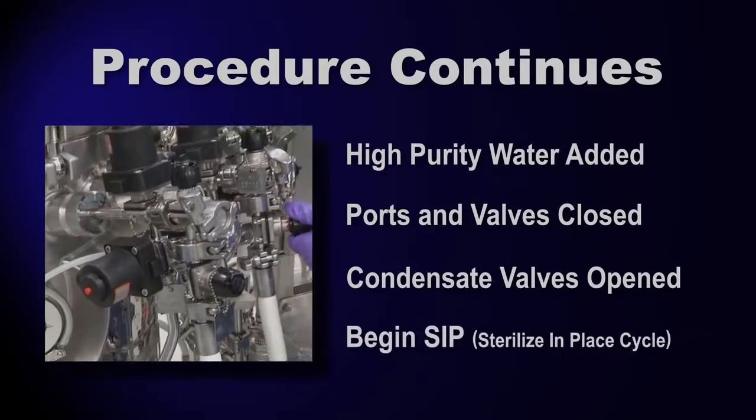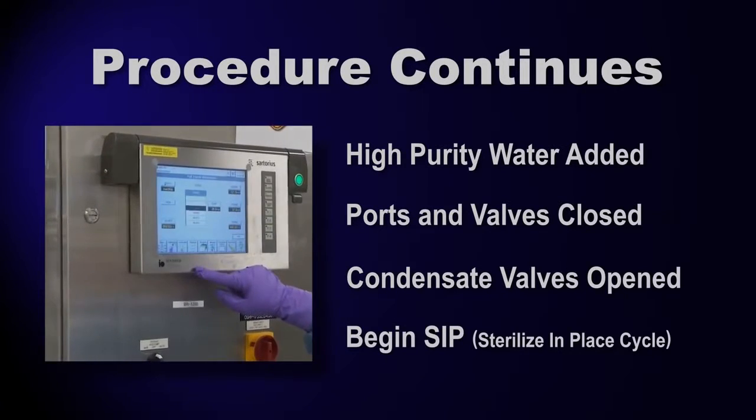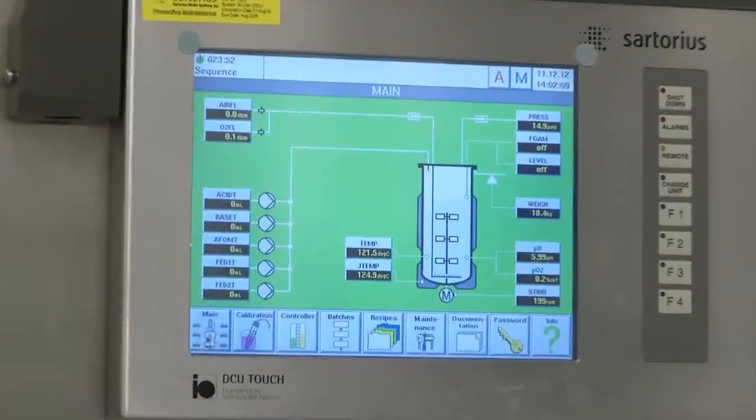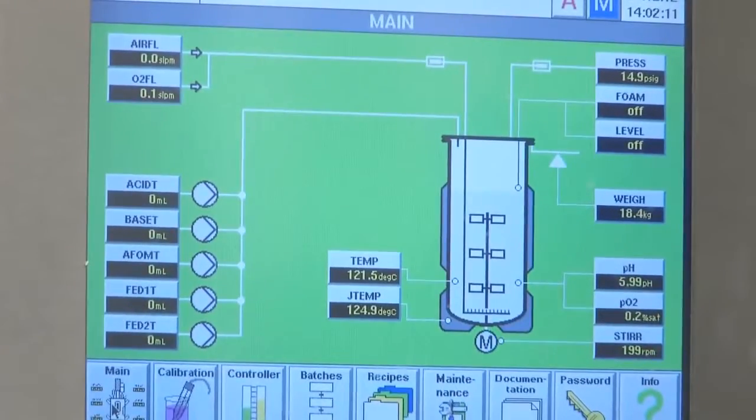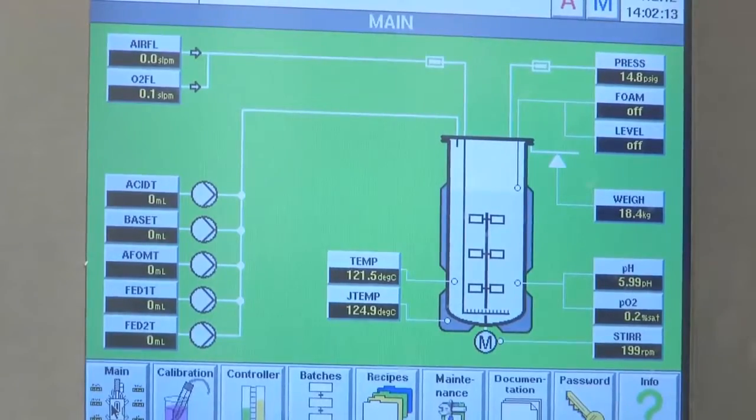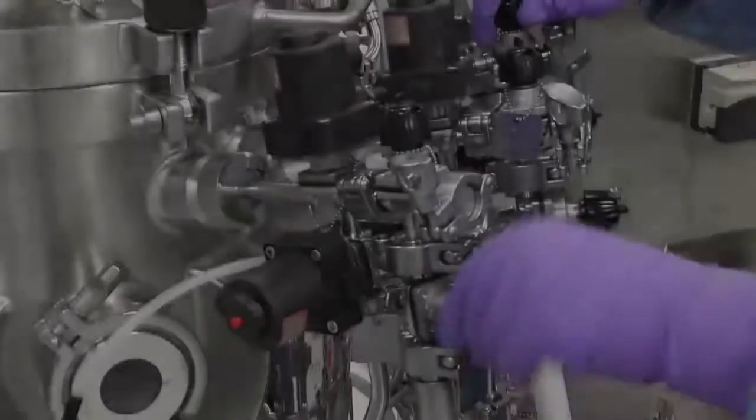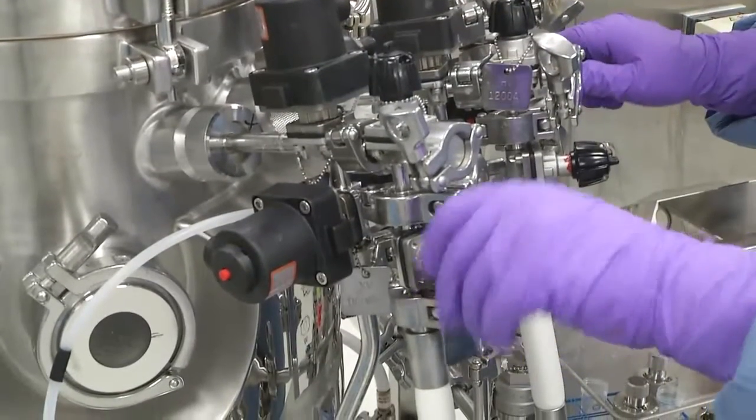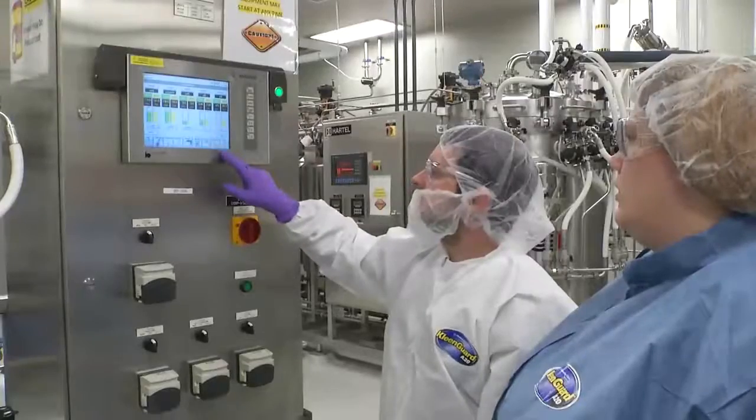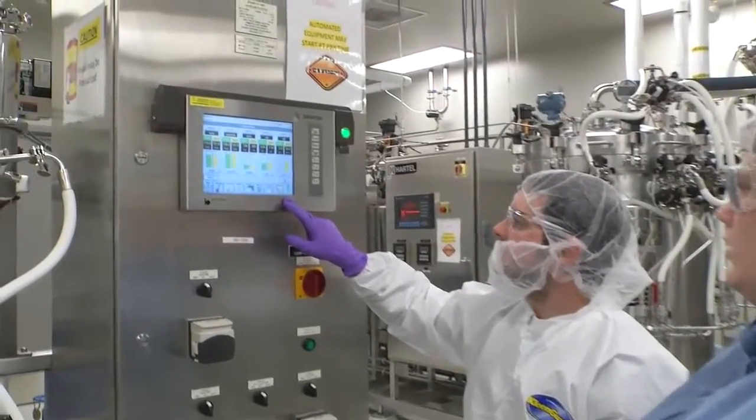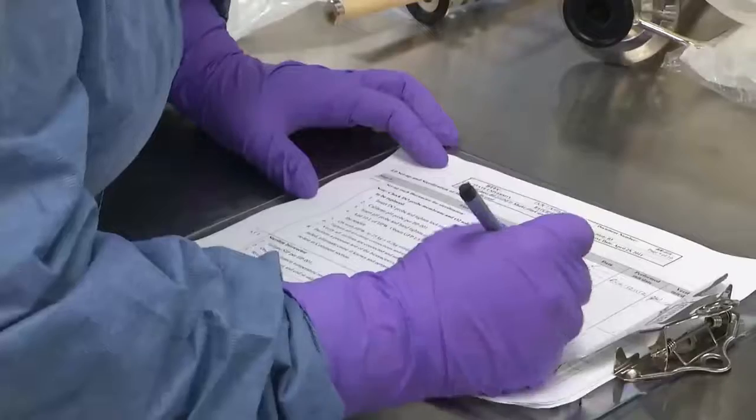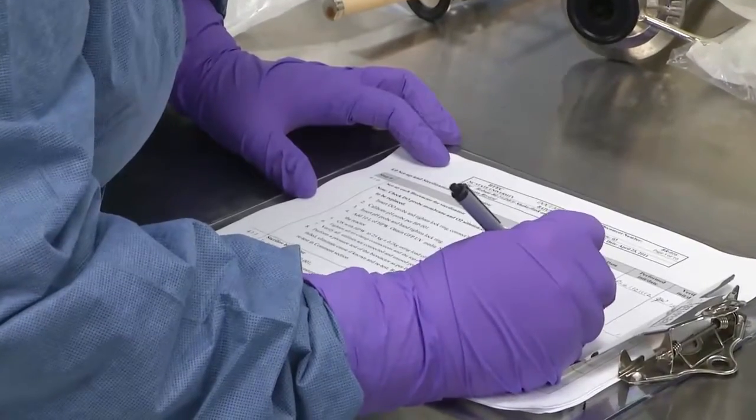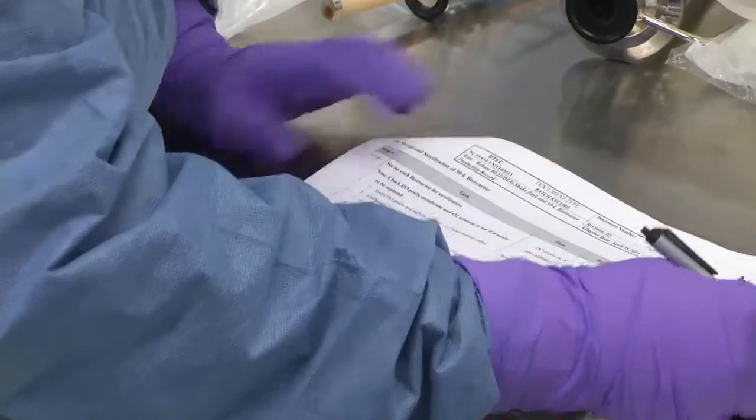And the bioreactor begins an SIP, sterilize in place cycle. The target for sterilization is 121 degrees Celsius for 30 minutes. As soon as the temperature climbs to the targeted temperature, the condensate valves are closed, and the SIP cycle completes automatically. Both the vessel and the media are now sterile, and we're ready to add the final ingredients to our